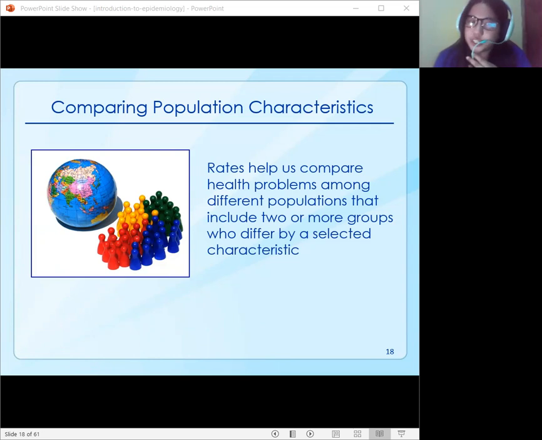For example, we might compare persons who had not eaten at a particular restaurant for a particular meal with persons who had eaten at the restaurant for the meal and look for cases of foodborne